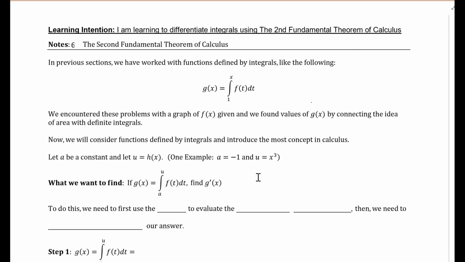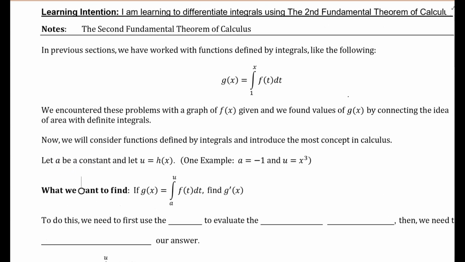So, in previous sections, we have worked with functions defined by integrals like the following. So here's an example of g of x is equal to the integral from 1 to x of f of t dt. And we've encountered these problems through graphs, and we've found function values by connecting the idea with area. But now we're going to consider functions defined by integrals and introduce this very important concept